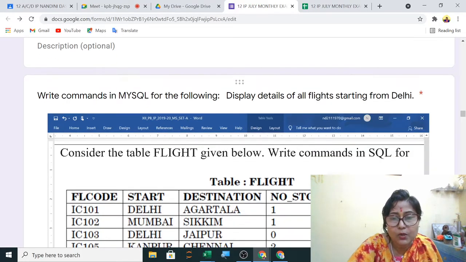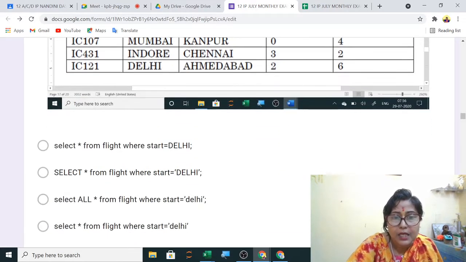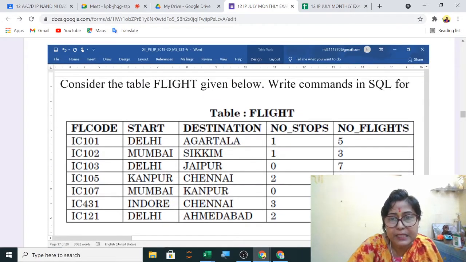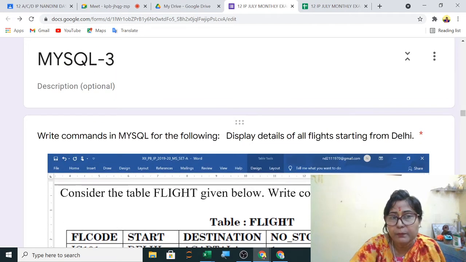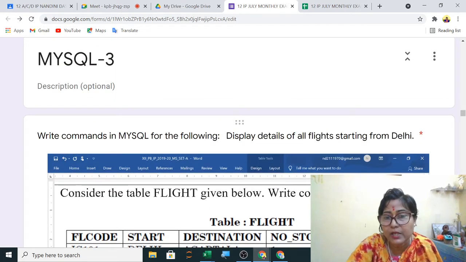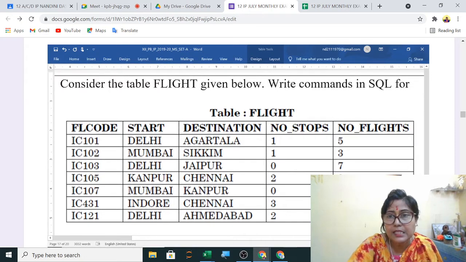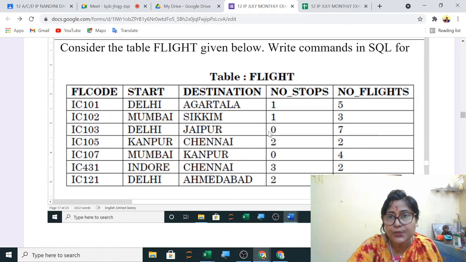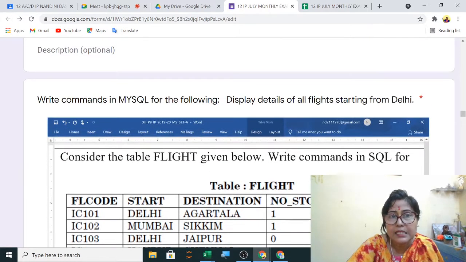Now, MCQs regarding the tables, in which the table will be given to you. So the case study: in this term exam, as you all know, a case study is coming in this November Term 1 exam by CBSE. So these questions will be in the case study. So, MySQL case study. Here you can see this is given to you and the task is given to you.